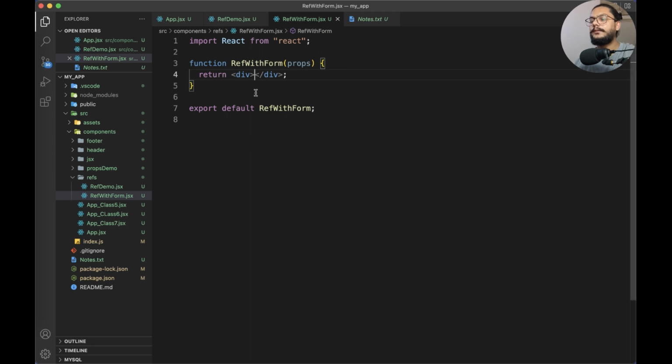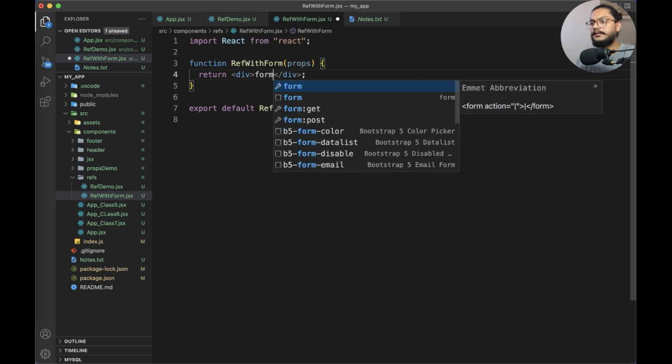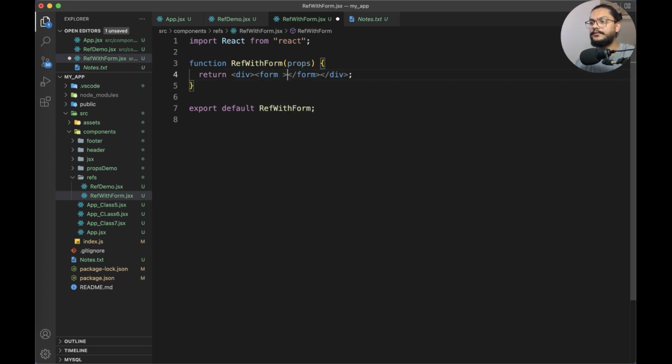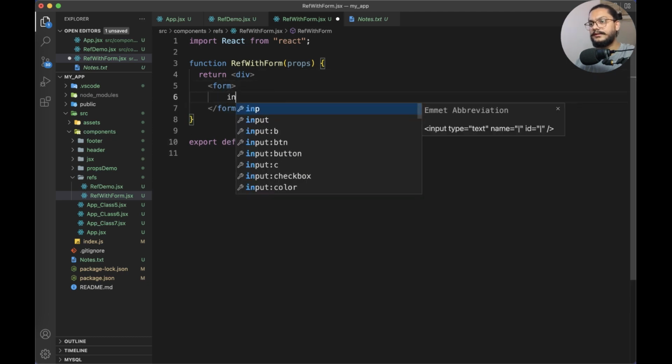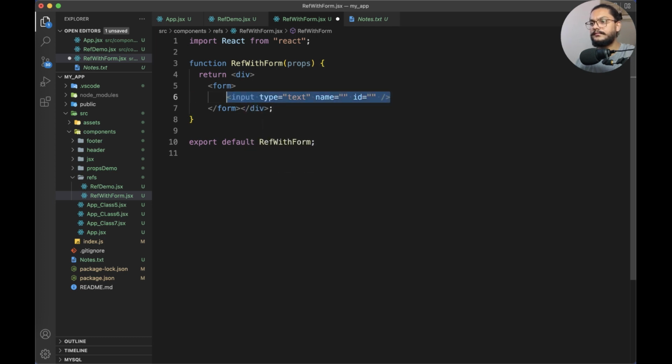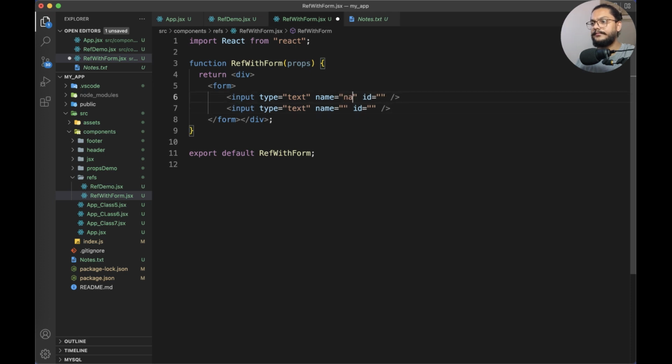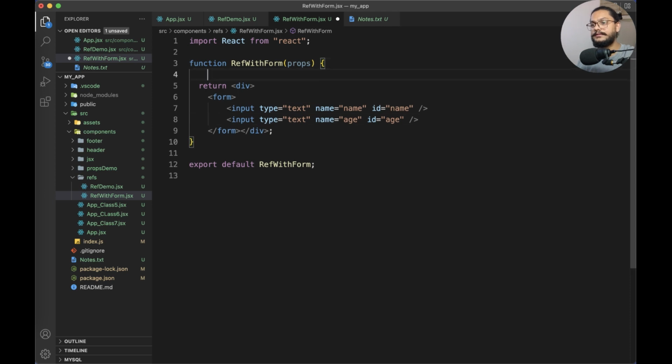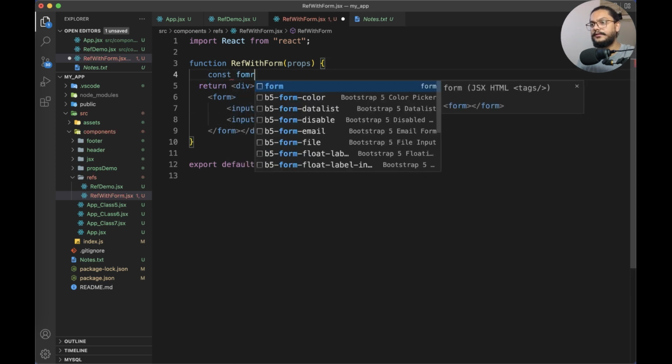Now let me define a form here. Form element, and I'll remove this action. That form can have different values like input, a colon, text. You can have name, age, right? Similarly you can have IDs like that. Now you have these form values. Can we use ref here to access these form values? Yes, so we can say form